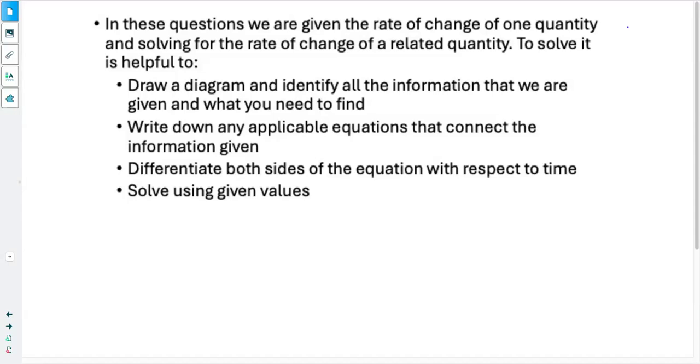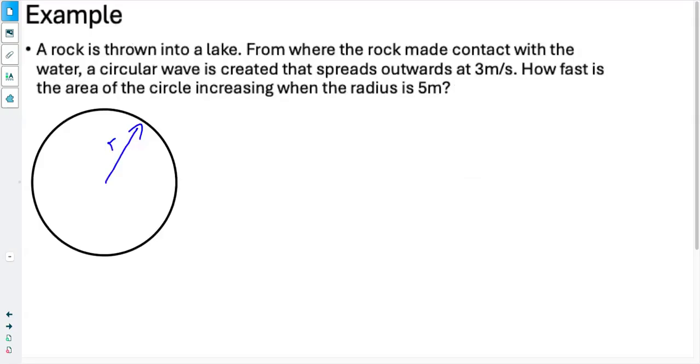We'll then differentiate both sides of the equation with respect to time, at least in most cases, and then solve using given values. So our first example, we're given a rock has flown into a lake. From where the rock made contact with the water, a circular wave is created that spreads outwards at 3 meters per second. I want to know how fast is the area of the circle increasing when the radius is 5